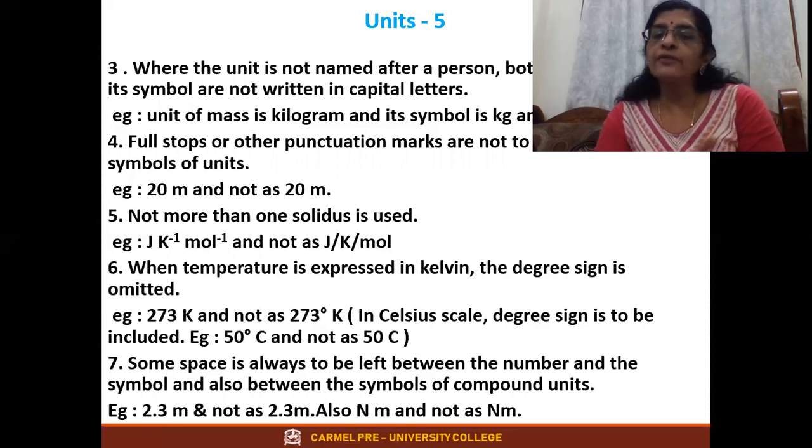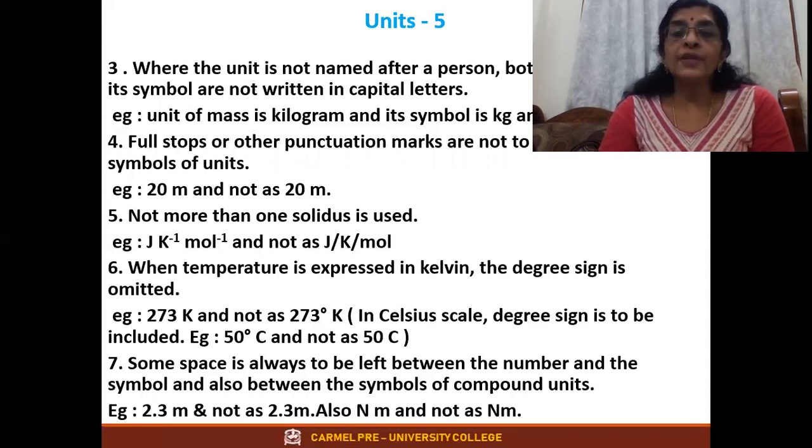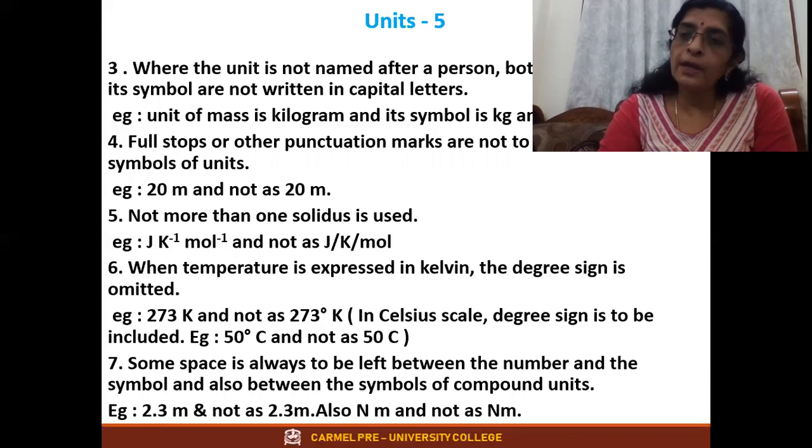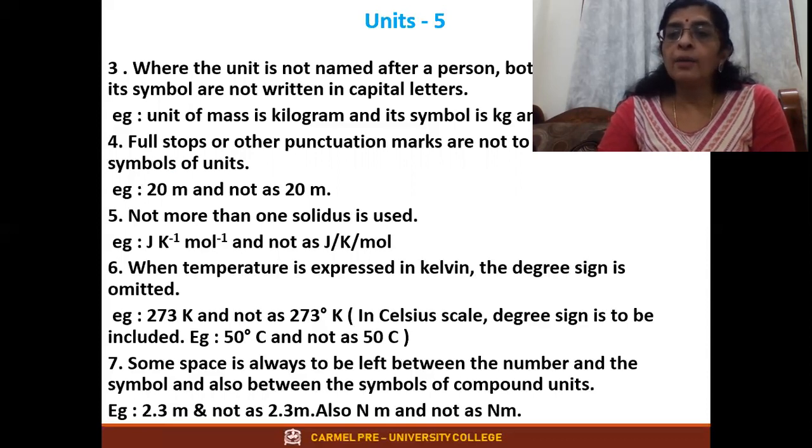Okay. Otherwise, you have to write it as J K to the power of minus 1 mole to the power of minus 1. Say, for example, 1 by 10 is there. 1 by 10, how can you write 1 by 10 to the power of 1, right? When it comes to the numerator, what happens? It becomes 10 power minus 1. Same way, 1 by 10 to the power of 2. What happens? When it comes up, it becomes 10 to the power of minus 2, right? So here also, J bar K bar mole, you cannot write. When K is in the denominator, when it comes above, it becomes K to the power of minus 1 here.